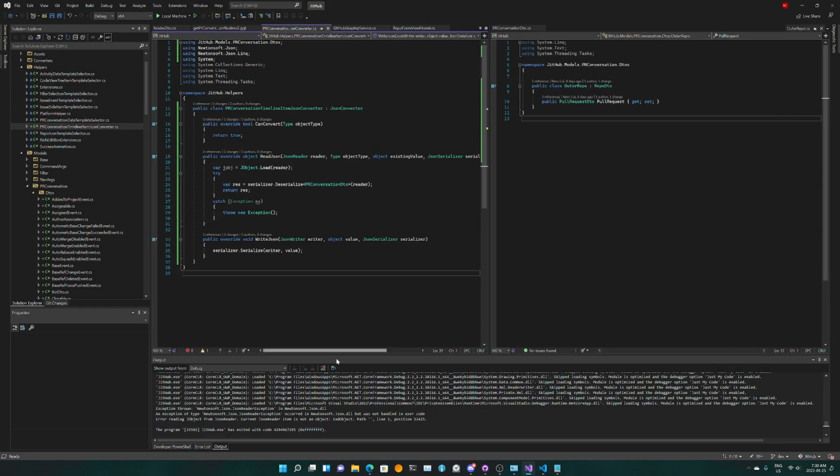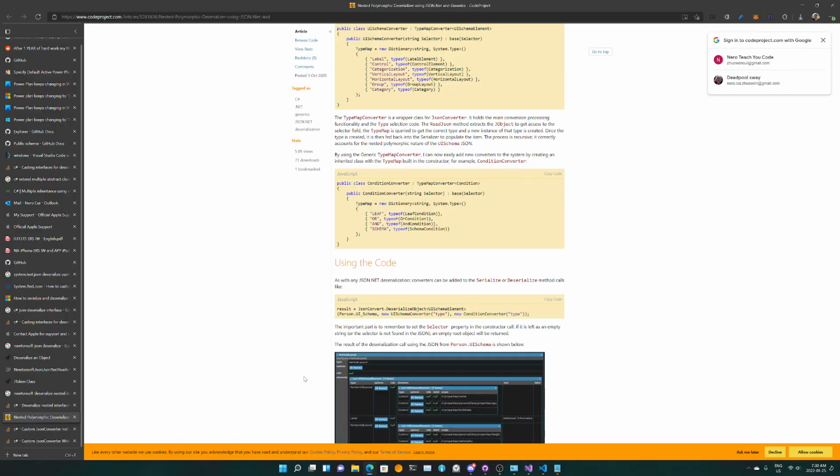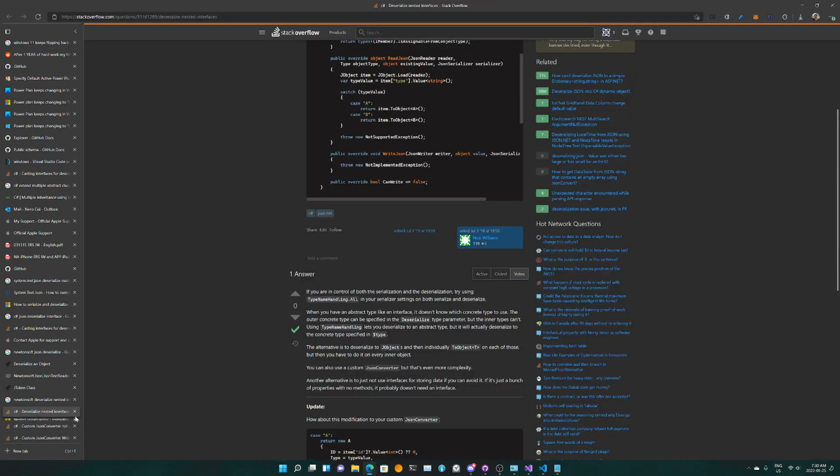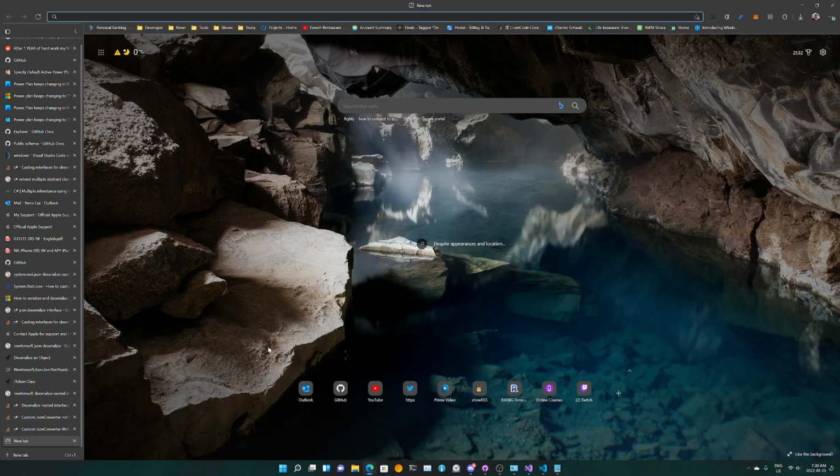Man, maybe I need to take a crash course on working with JSON in C#. I'm super bad at this, and it's getting embarrassing at this point. So let's see. I think previously we weren't having any issue with the System.Text.Json.